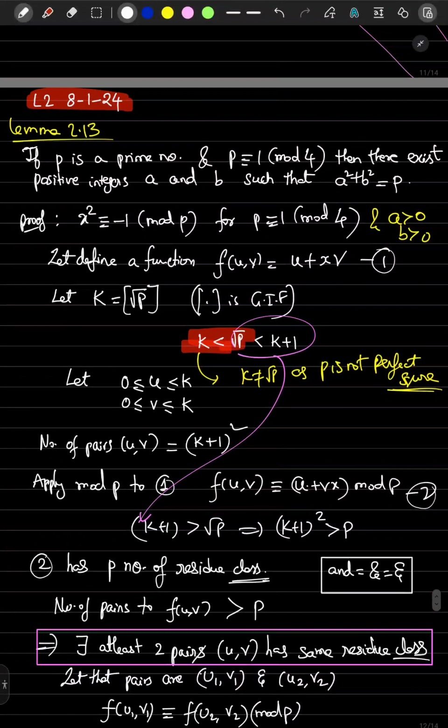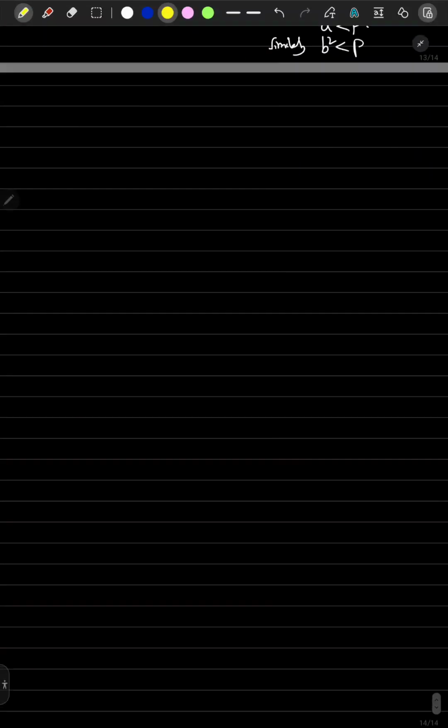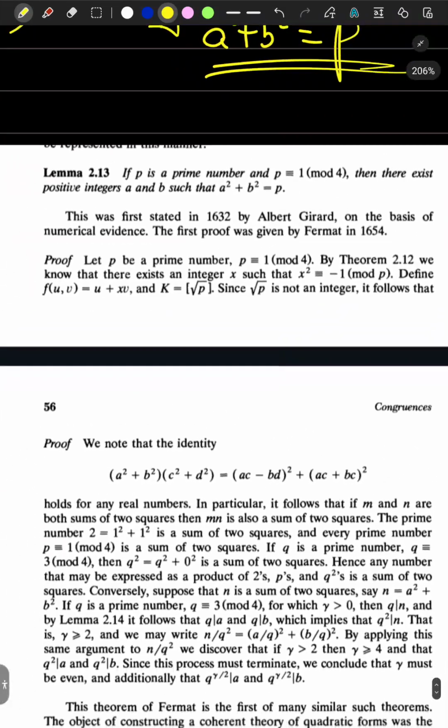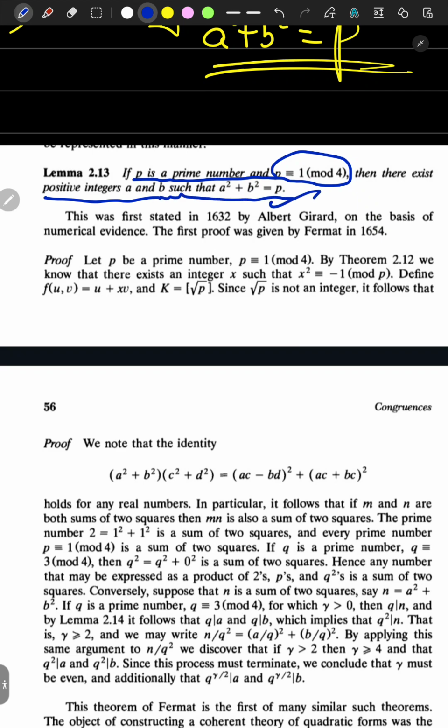So here we will learn about lemma 2.113. For clarity, it states that if P is a prime number and P is congruent to 1 mod 4, then there exist positive integers a, b such that a squared plus b squared equals P. So they are saying that if P is a prime number and P is congruent to 1 mod 4,